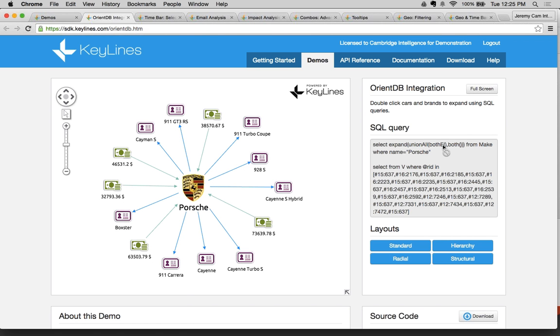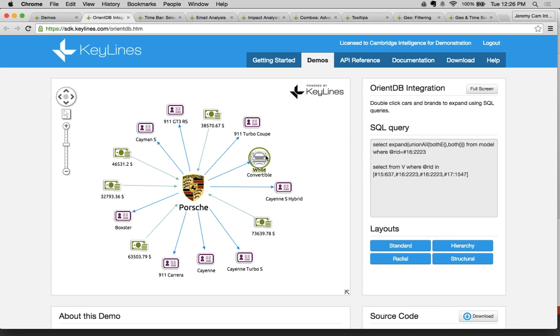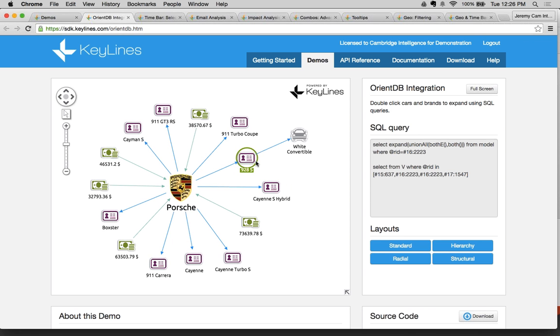Great. So the first demo that I'd like to show you is a demo that bundles KeyLines together with OrientDB. Now in this data set, what you'll see is, of course, the brand Porsche, very prominent here in the middle. And we've got a data set that includes some information about Porsche customers, Porsche models, and prices of different Porsches. So in a typical graph exploration, we very often would like to extract more and more information. So we start from a base of some set of data and some relationships between it, and we might want to, for instance, double-click and add more data, understand what are the options available with the